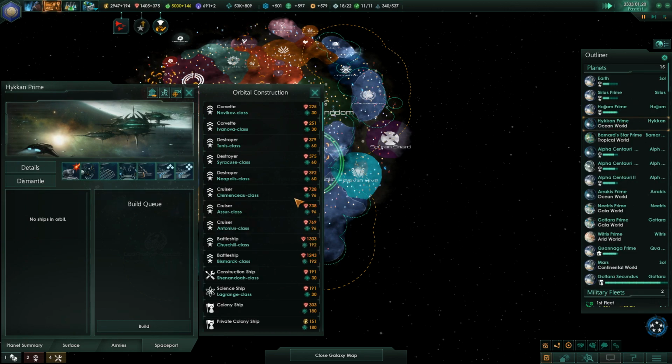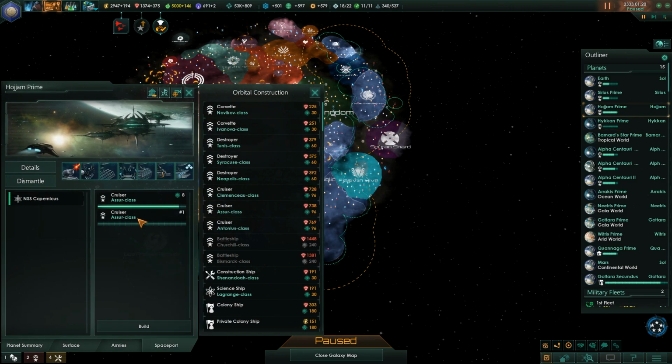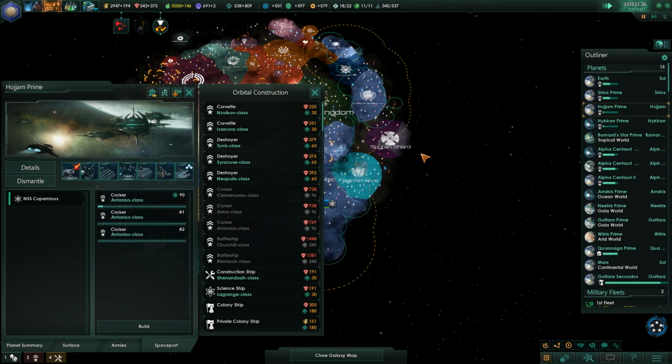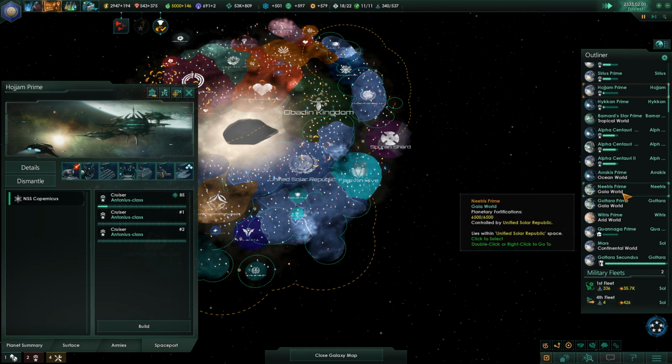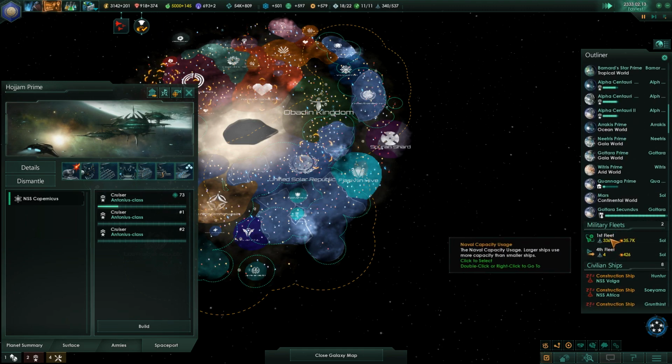Alright, did I just queue up in a Sir class? I didn't mean to do that. I need to do Antonius class. Yep, stop. Alright, so we'll see how that looks. And then we'll definitely have enough fleet power, I think. Once we build the Corvette screen up, we'll have enough fleet power to take on